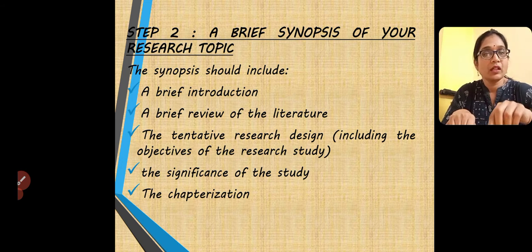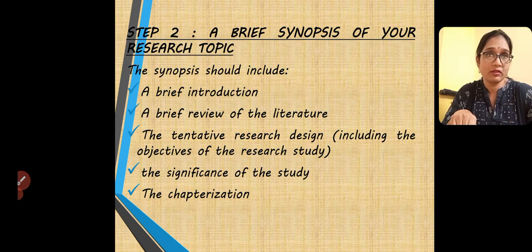But make sure to write all the details, like the name of the author, the year of publication, the publisher, the page number, the title of the book. If you write all the details, then writing the bibliography becomes easy. So keep a record of all these details. So that is the review of the literature.